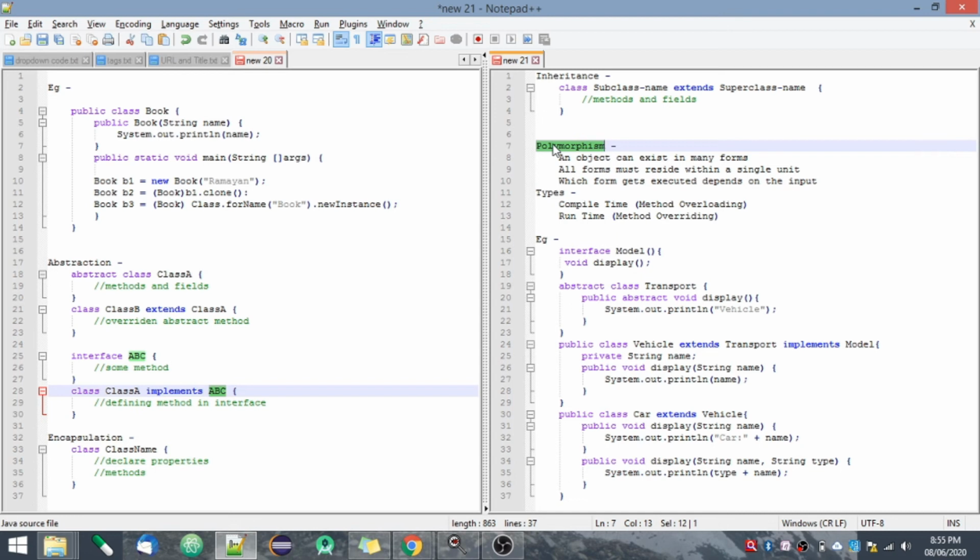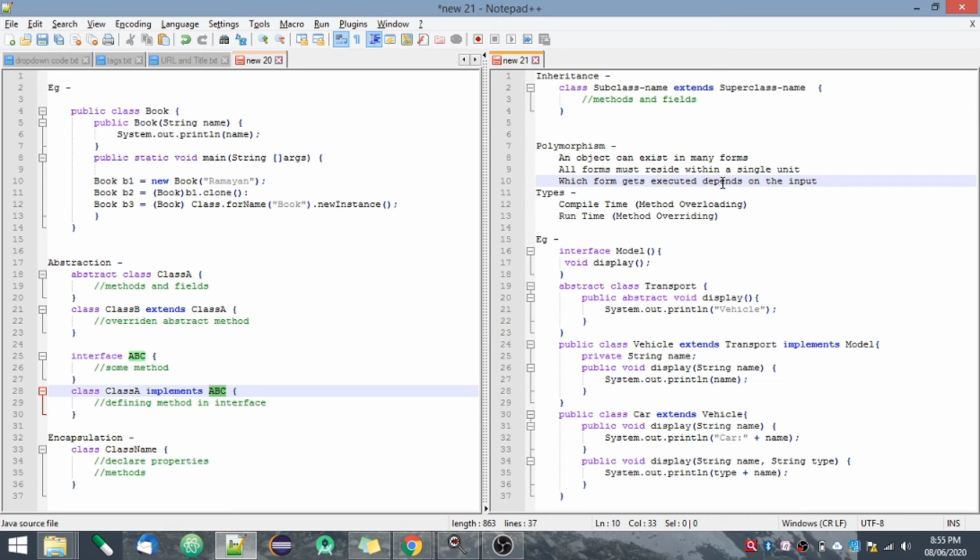Now in polymorphism, as you can see, I mentioned 3 points. There are 3 conditions that need to be satisfied if you want to achieve polymorphism. That is, an object can exist in many forms, all forms must reside within a single unit, and which form gets executed depends on the input.